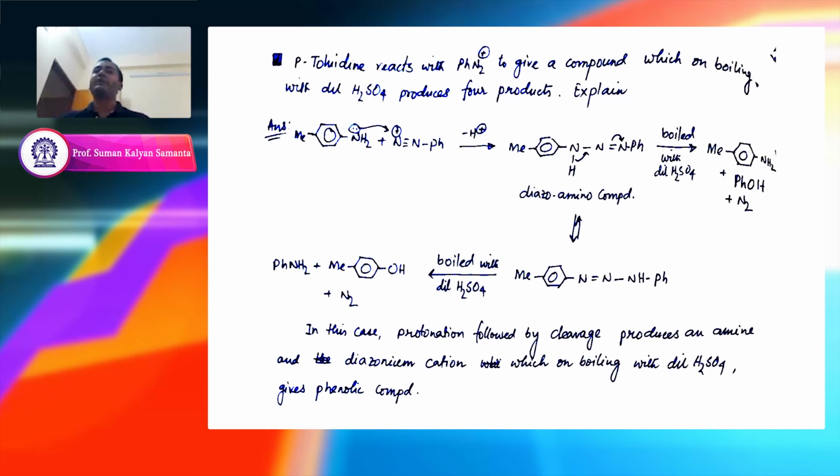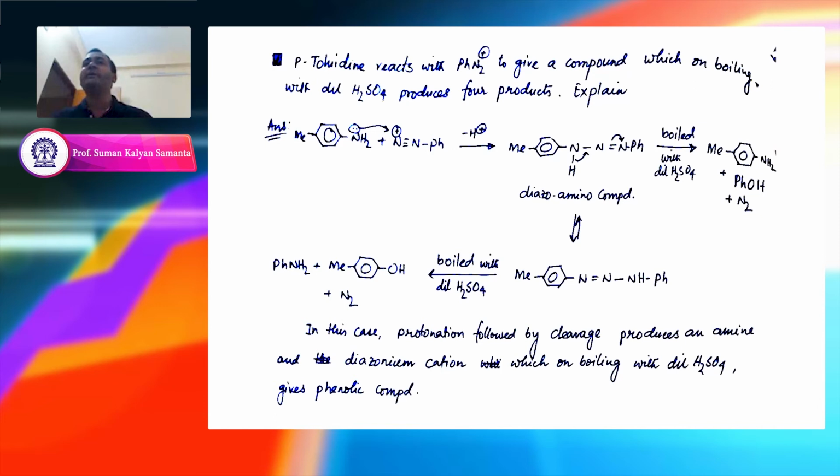Okay. So did you get everything from here? I'll just repeat one more time. So first you have paratoluidine and you have benzene diazonium salt in the first 2 structures. Then you form this diazoamino compound. Now this diazoamino compound can break in presence of acid. Where can it break? It can break at the N single bond N center. Now this N single bond N can be at 2 different positions. The diazoamino compound can rearrange itself. In one case, your N single bond N is close to your paratoluidine center. In another case, it is close to your benzene Ph center.